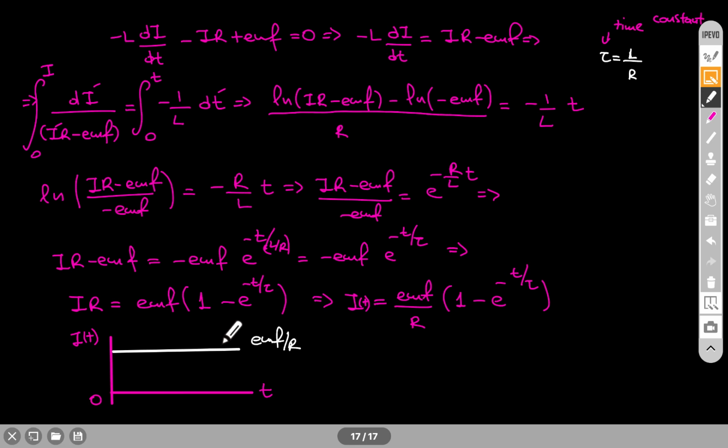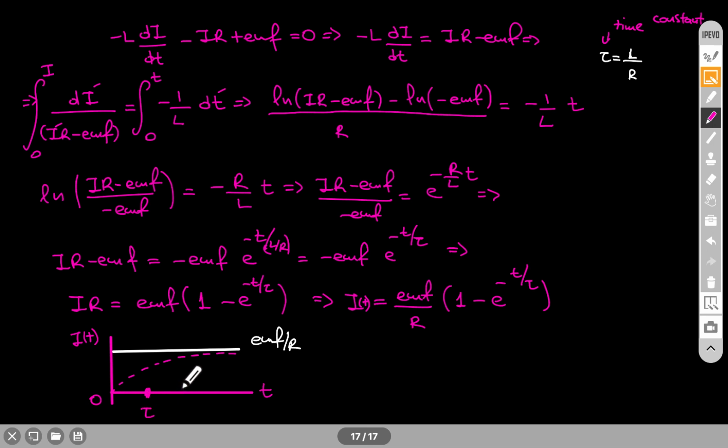Remember, the inductor's role in a circuit is to oppose any change that you want to make. And what I want in this circuit, when I close the switch, is to go from 0 to EMF over R. The inductor will not let me do that. Instead, what this function shows you is that the inductor is going to let you approach that. And in particular, the time that it takes,